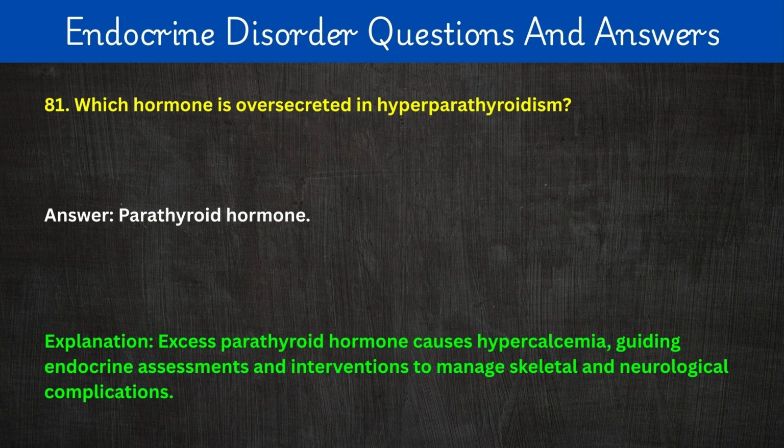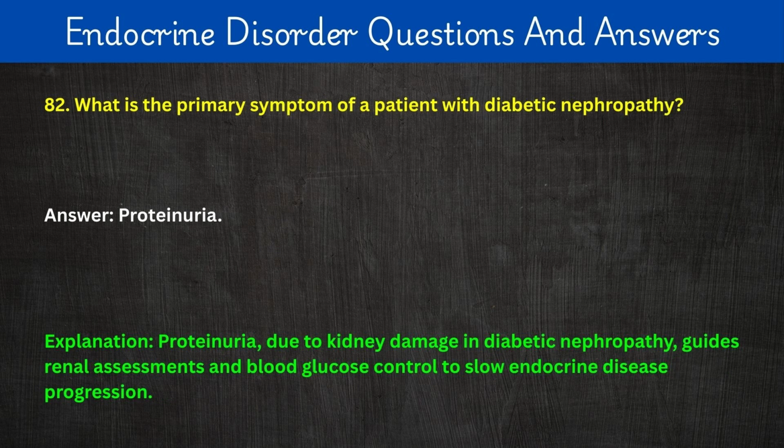Answer: parathyroid hormone. Explanation: excess parathyroid hormone causes hypercalcemia, guiding endocrine assessments and interventions to manage skeletal and neurological complications. 82. What is the primary symptom of a patient with diabetic nephropathy? Answer: proteinuria. Explanation: proteinuria, due to kidney damage in diabetic nephropathy, guides renal assessments and blood glucose control to slow